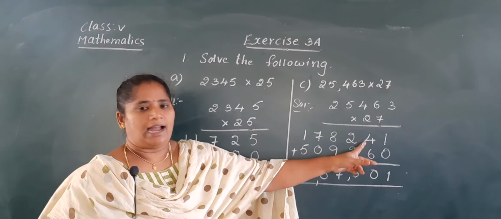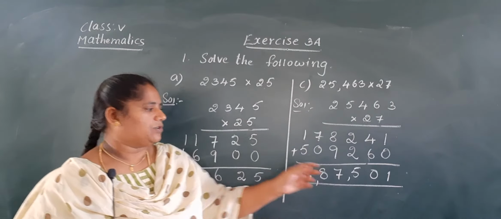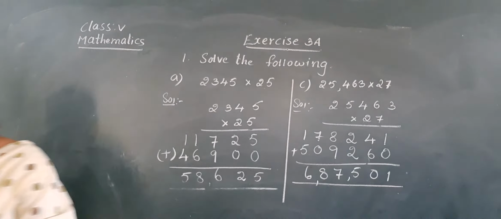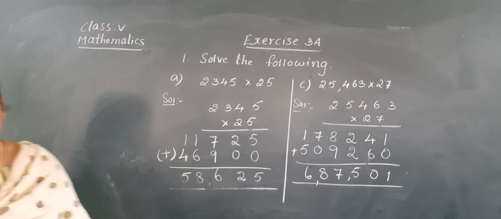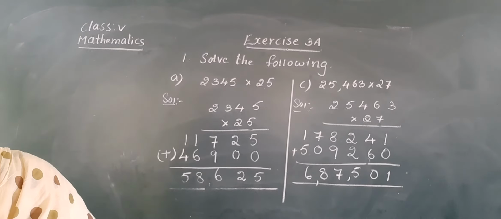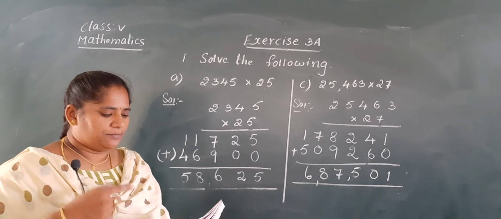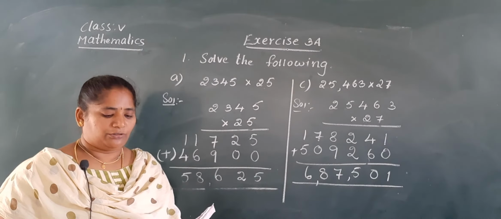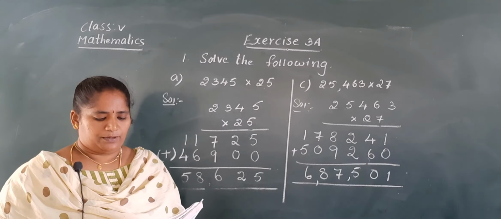My dear children, note down in your classwork neatly, by giving some gap between these two digits, and don't forget to write the number down. Next, you have to do the B problem and D problem as homework. Put the tick mark in your textbook for the homework problems, B problem and D problem.